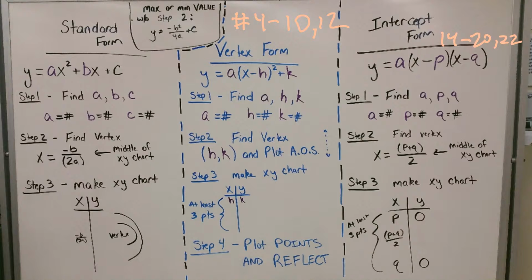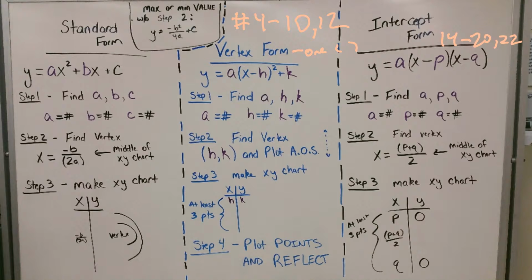Alright, so remember, find A, H, and K if it's in Vertex Form or it has one set of parentheses. So this is one set of parentheses. This is two sets of parentheses for Intercept Form. So if Vertex Form, find A, H, and K. Find the vertex. You're going to plot that with the axis of symmetry. Make an XY chart. You can use any of the XY charts we talked about in class, but with the shortcut with Vertex Form,